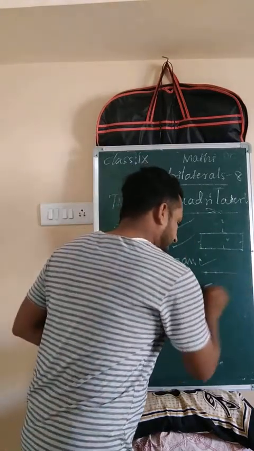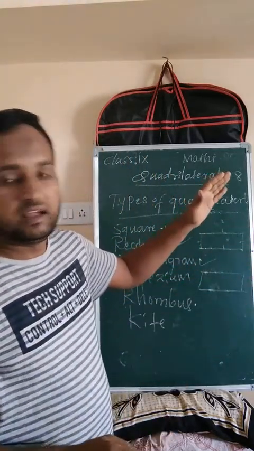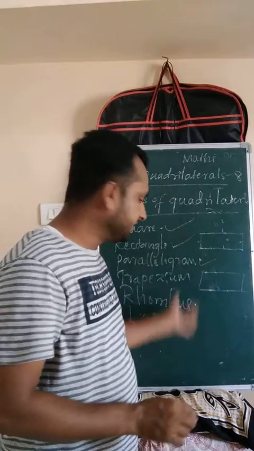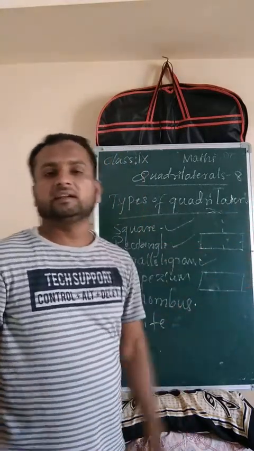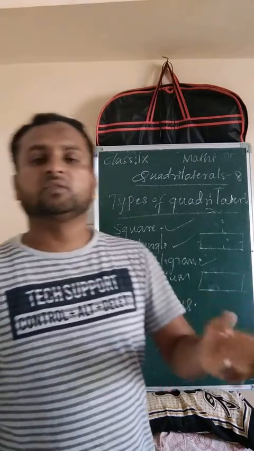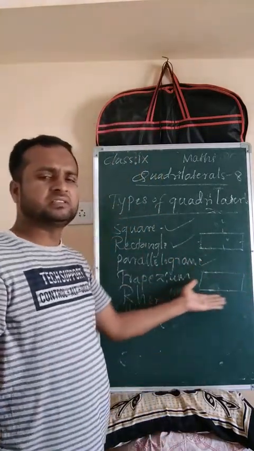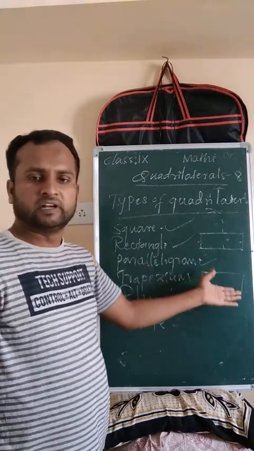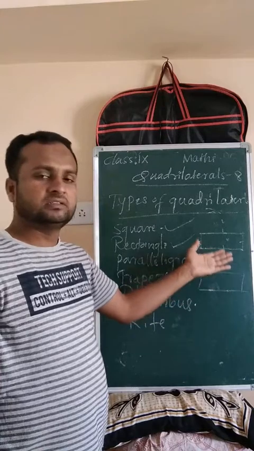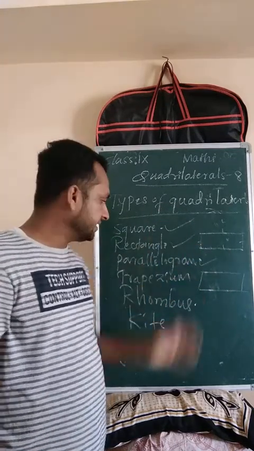About the parallelogram, there are so many properties and theorems. We'll see them after this. Clear? Now remember, the parallelogram is a quadrilateral having opposite sides equal and parallel. Clear? Here also the property: diagonals bisect each other and opposite angles are equal. The sum of four angles of a parallelogram gives 360 degrees.